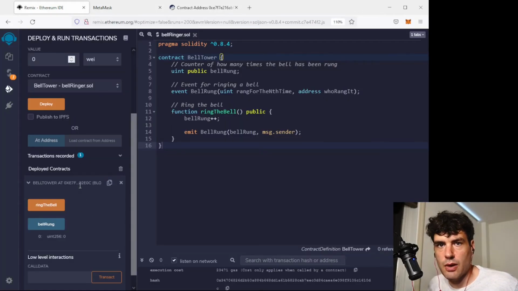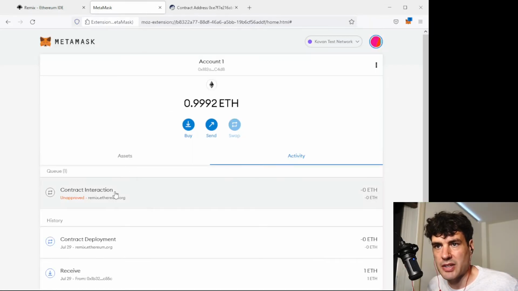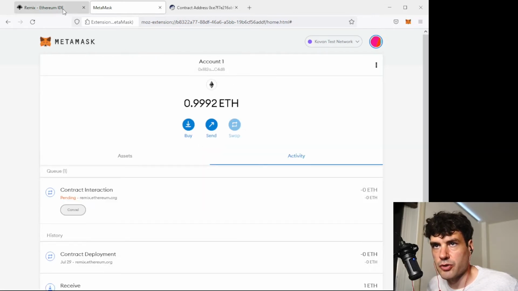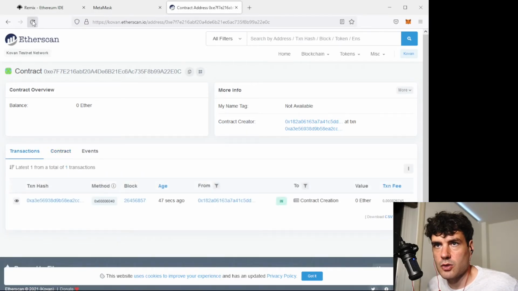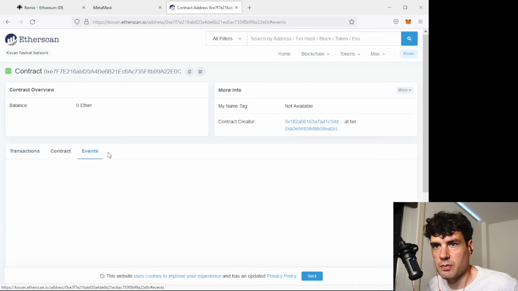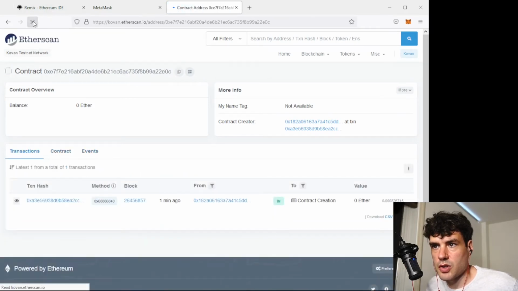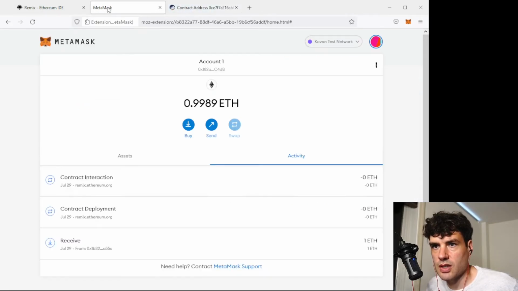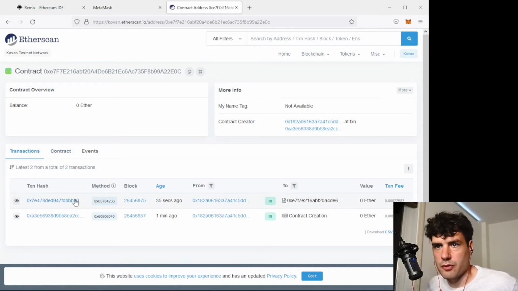Now I can interact with the testnet contract from here. So if I go and click ring the bell, it's going to give me a MetaMask pop-up. I have to approve this transaction. I'll go ahead and approve it. Now if I go and look at transactions involving this contract, I should see a new transaction show up in a moment, as soon as it gets confirmed. Okay, and there it goes. Here's the confirmed transaction